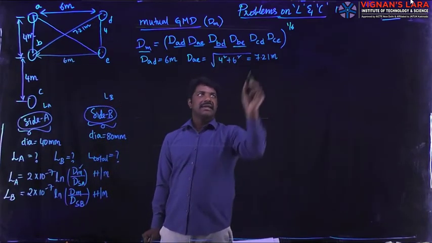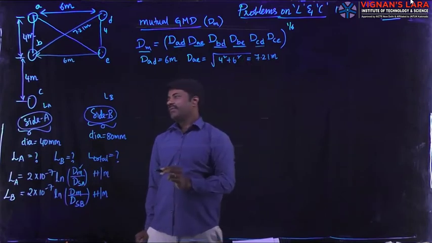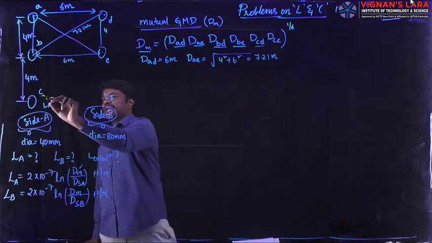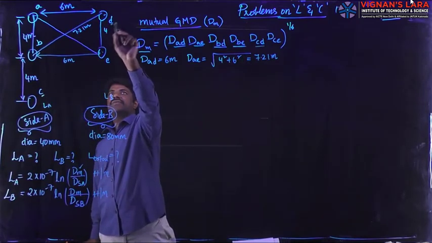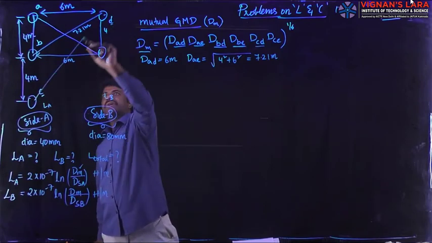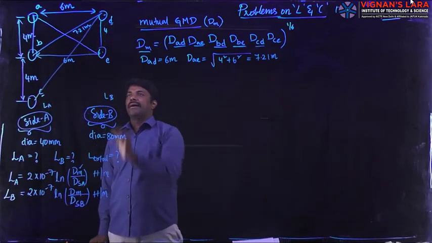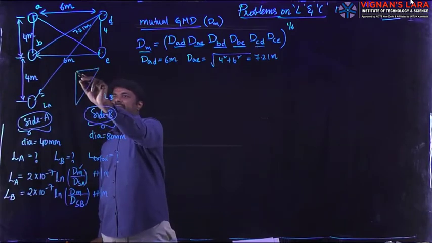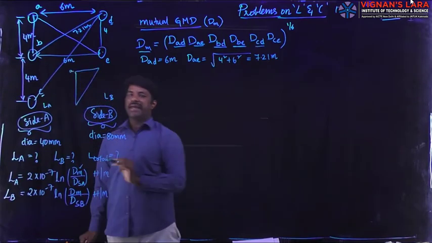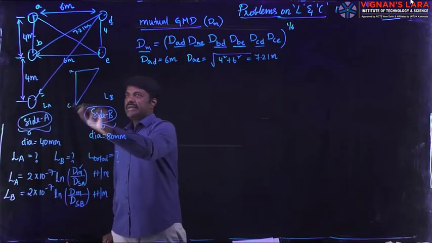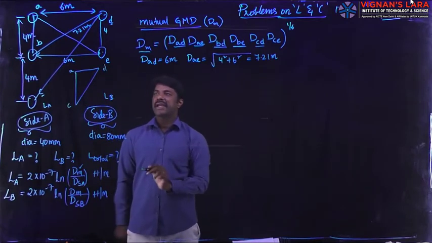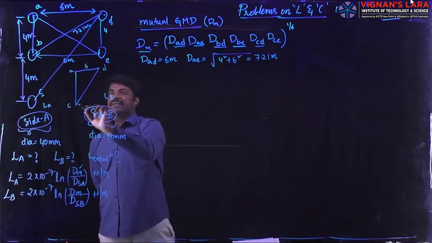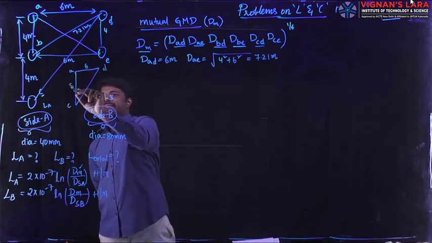And next, conductor CD. If you check the conductor CD, this is the location of C and this is the location of D. And the distance between them is this distance. Writing in a clear way, you will get this as a right angle triangle with corners as conductor A, conductor C and conductor D, with the sides as 6 meters and 4 plus 4, 8 meters.